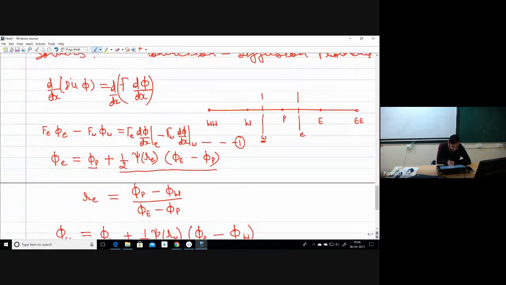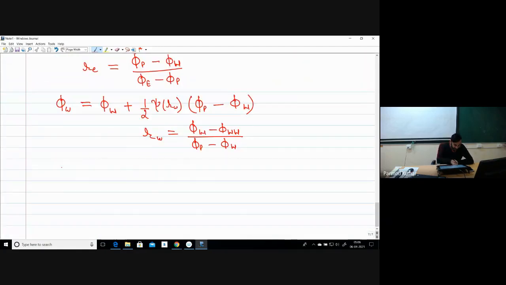So now what I have to do? Now I have to estimate the values for d phi by dx at east phase and d phi by dx at W phase. So for diffusion terms, we will be applying CDS scheme. Whatever the TVD term, while we implement TVD schemes, we include it only for the convective term, and for the diffusion term, we will be including the central difference scheme. So now can you tell me what will be d phi by dx at east phase considering central difference scheme?